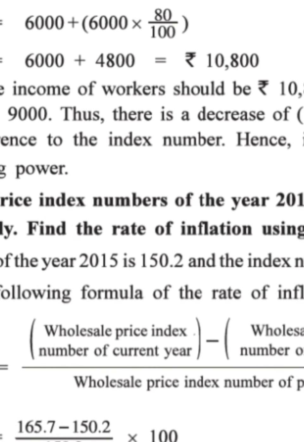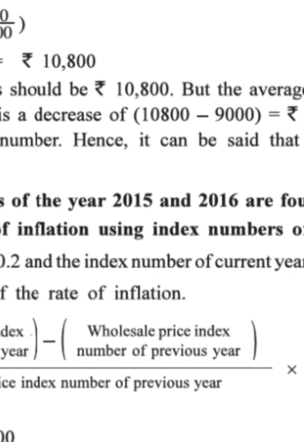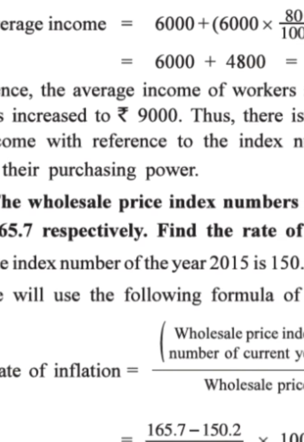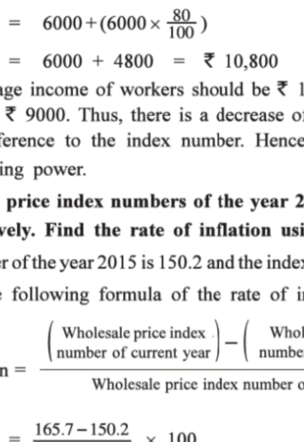It means what? In comparison to the base year, in the current year, the income of the workers should be 10,800. But in the sum, they had given us that the average income has increased to 9,000 from 6,000, right? It has increased to 9,000. But how much should it be increased? It should be increased to